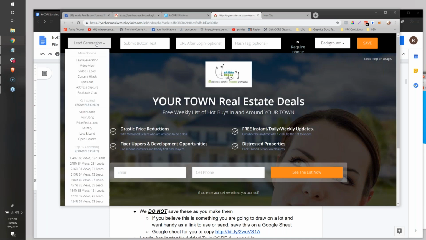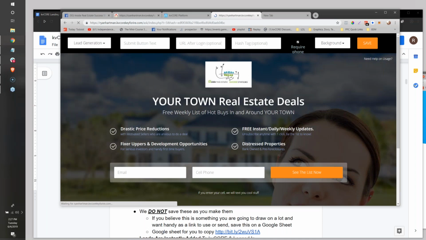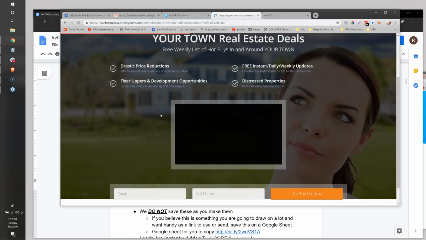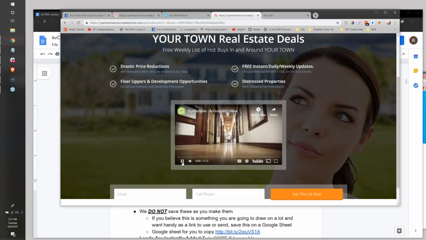On the top left, this is your menu of different types of landing pages, examples, and results. This top section is going to be your different templates. The two most commonly used are the lead gen and the video and lead. They're both basically the same, except one has video added to it. And then as you work down the middle of that drop down,